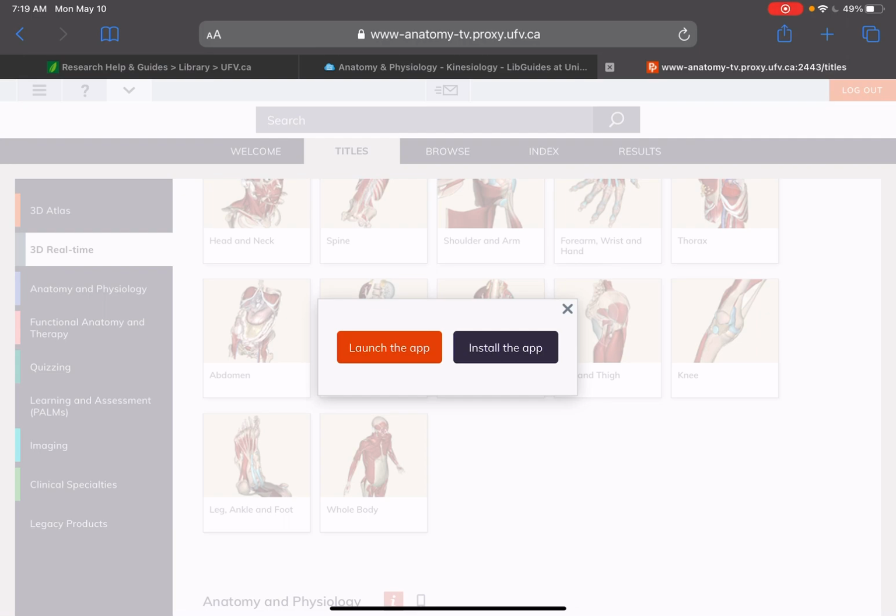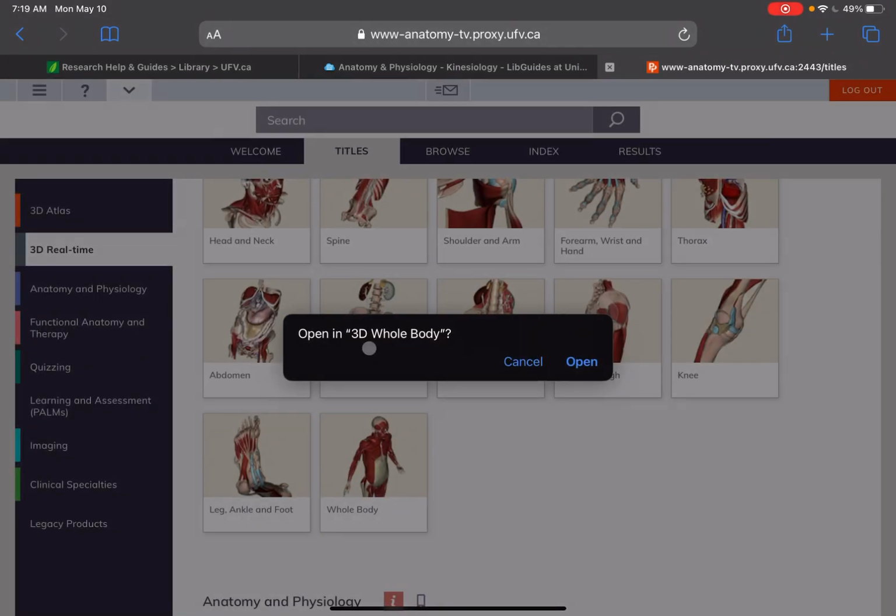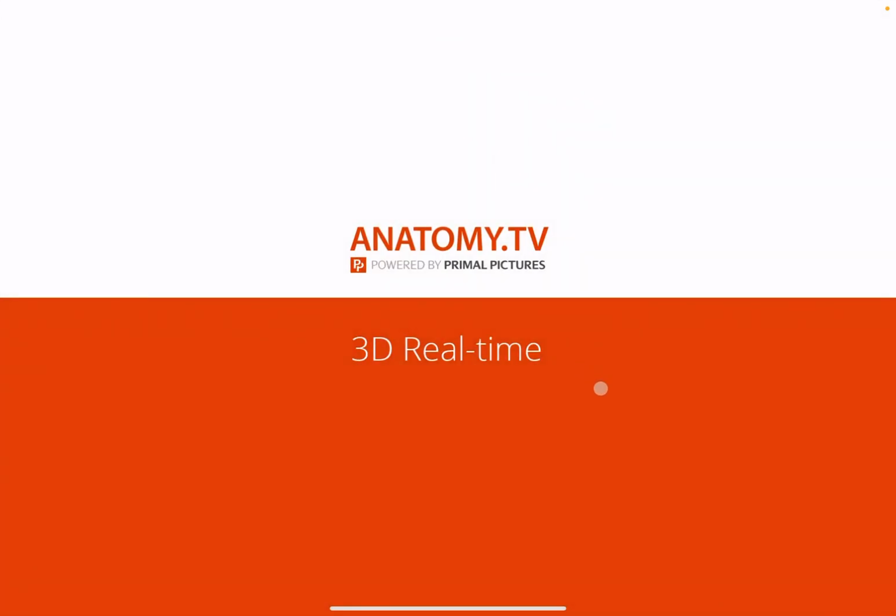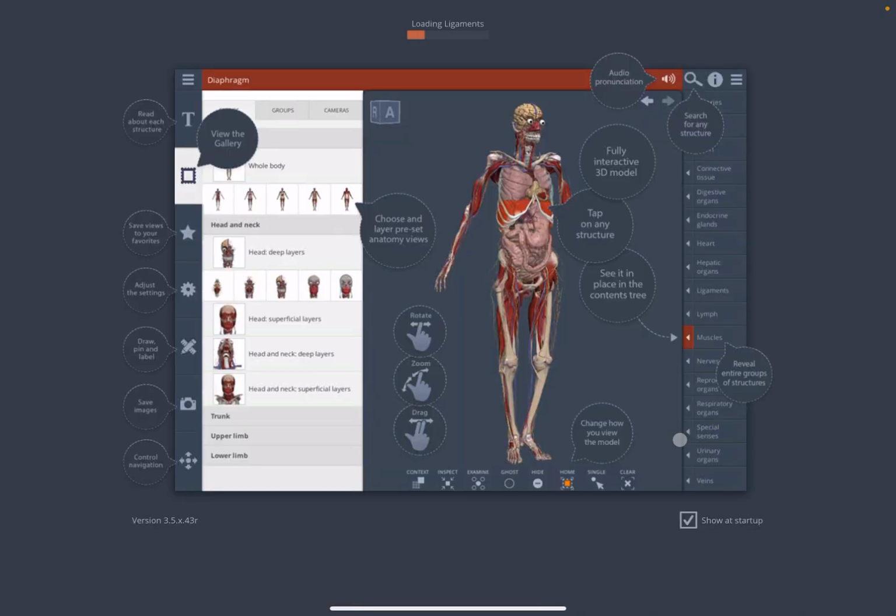and you don't have one because we didn't purchase any license to use it. What's happened is that UFV has purchased a license for us. So when we log in through the UFV library, we gain access that way. So when we launch the app through the UFV library, it'll sign us in automatically, and you can use the app in its full capacity that way. So you kind of have to go through those steps unless you want to go and pay for your own